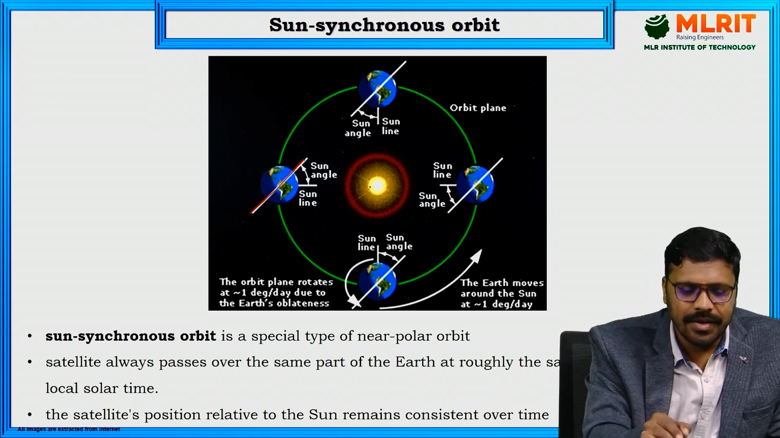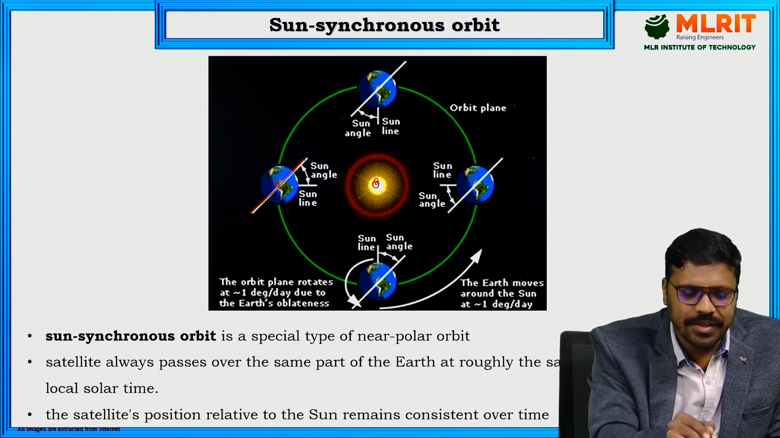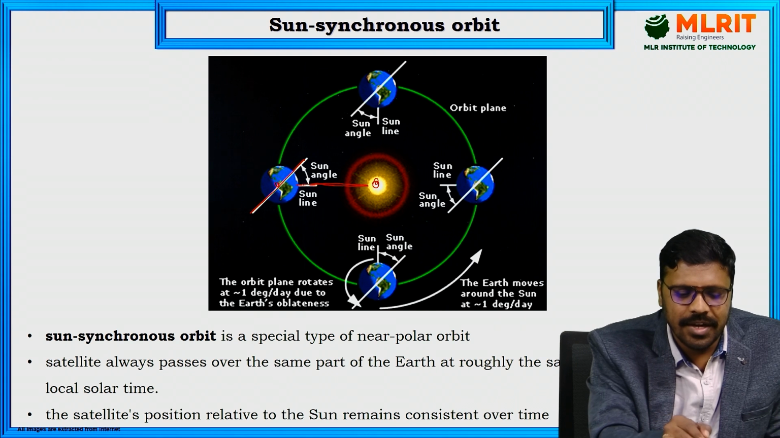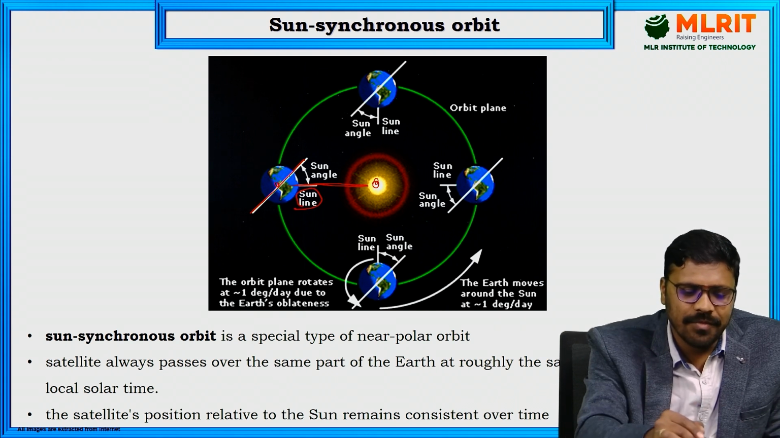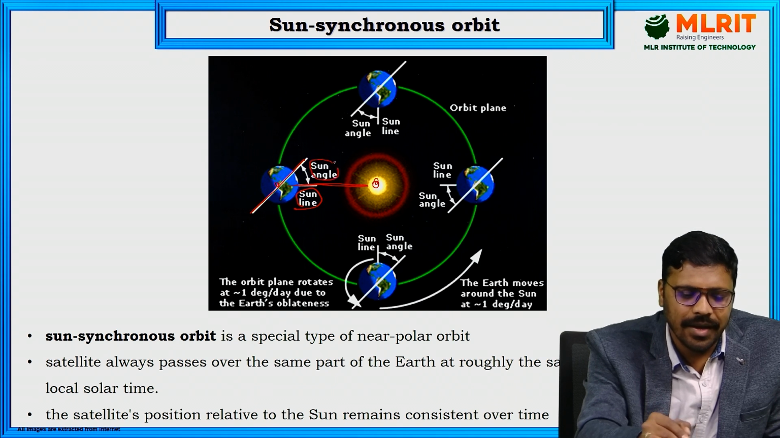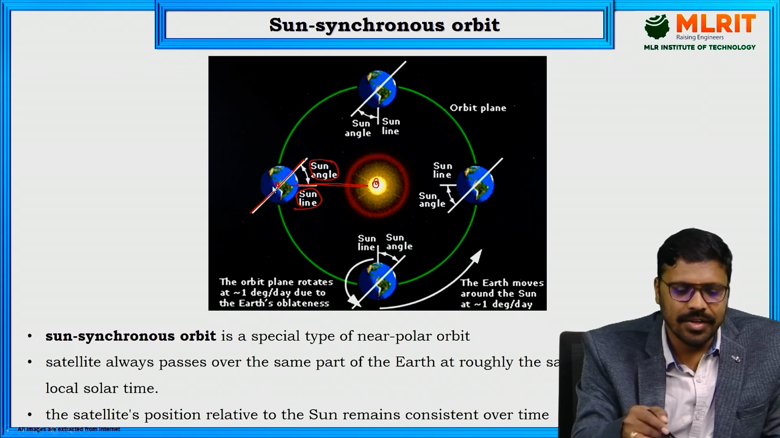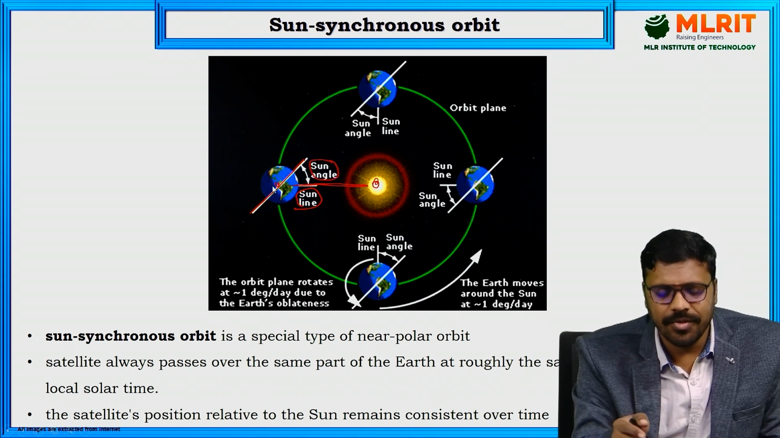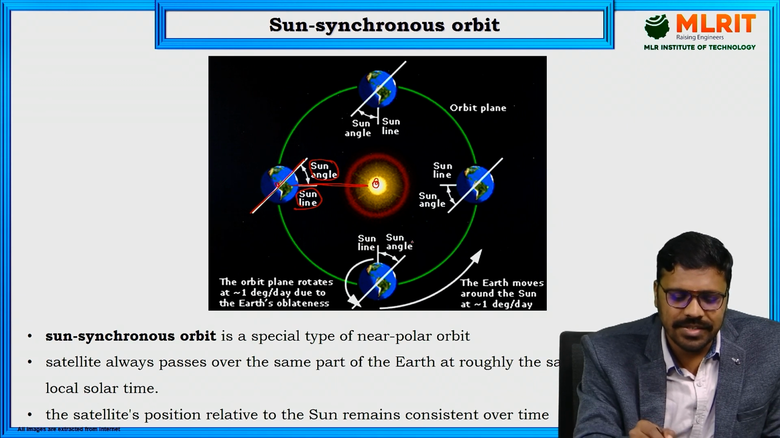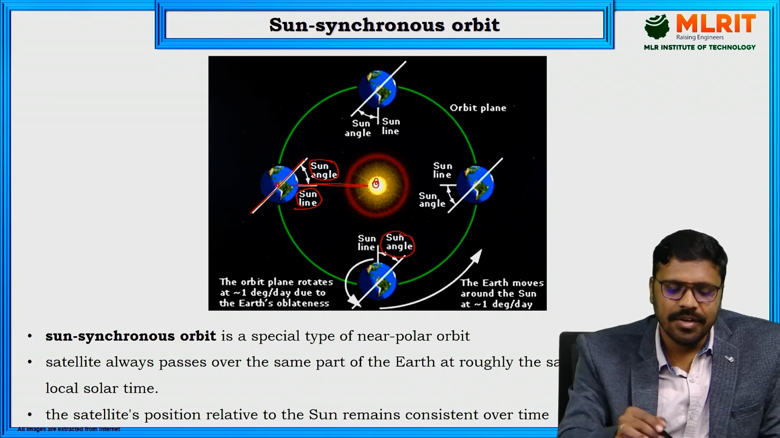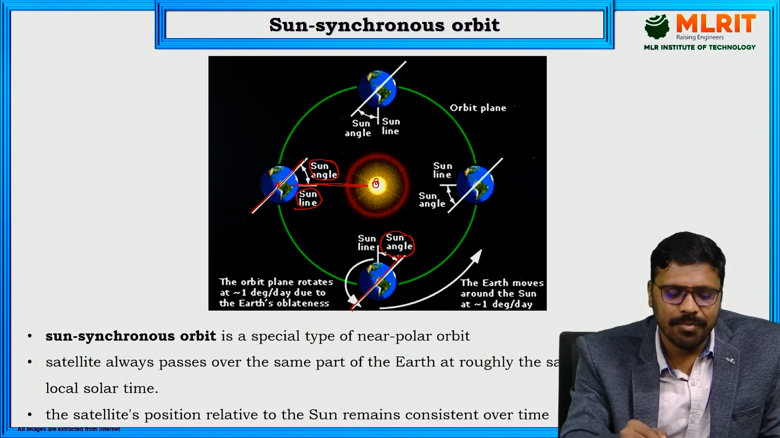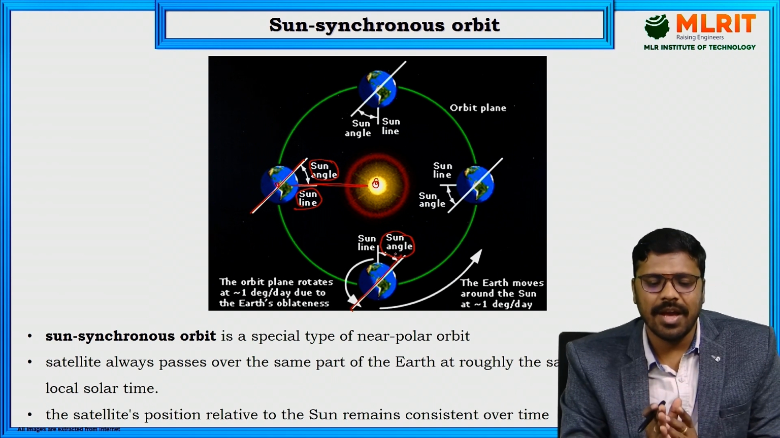This is the center of the sun and this is the Earth. If I join a line like this, this is called the sun line, and the angle between this orbital plane and the sun line is the sun angle. Throughout the year, whatever day you take, this sun angle is constant for an orbital plane. The orbital plane makes the same angle